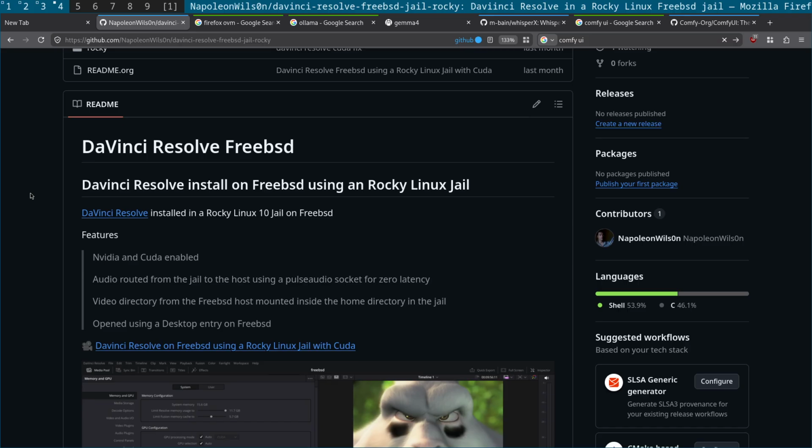So from what I've learned doing that, it was actually a couple of years ago, I've transferred that knowledge to OCI Podman containers, which are basically jails, and actually improved upon it by not requiring a Nvidia driver to be installed, using the Linuxulator libraries, and actually